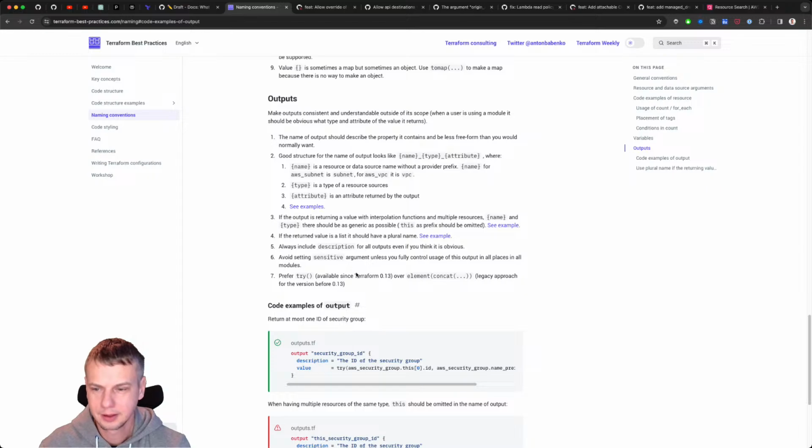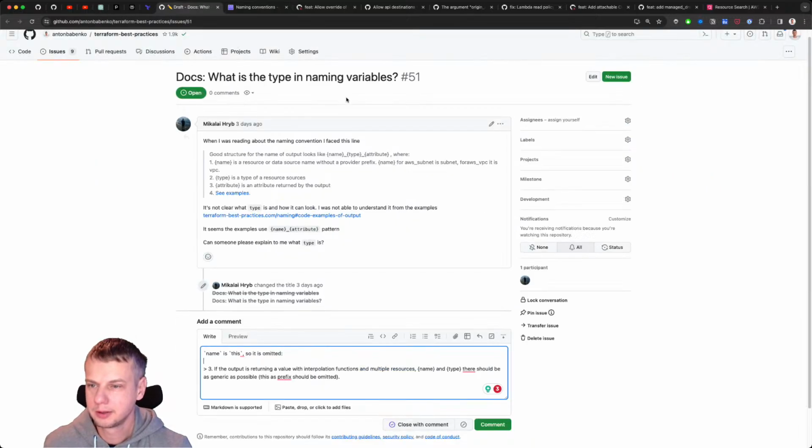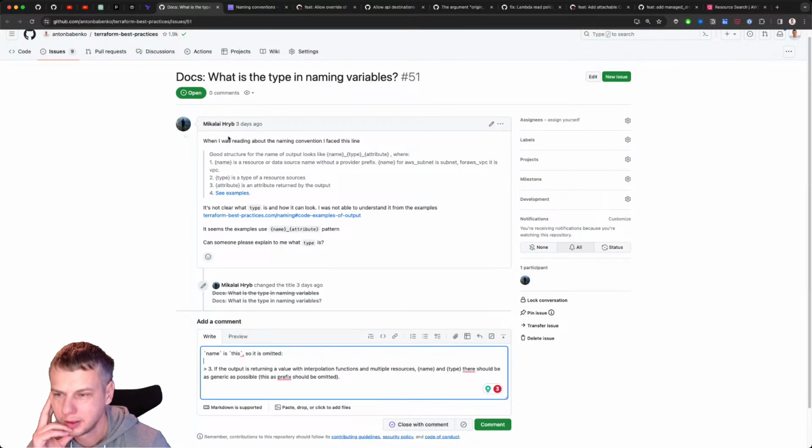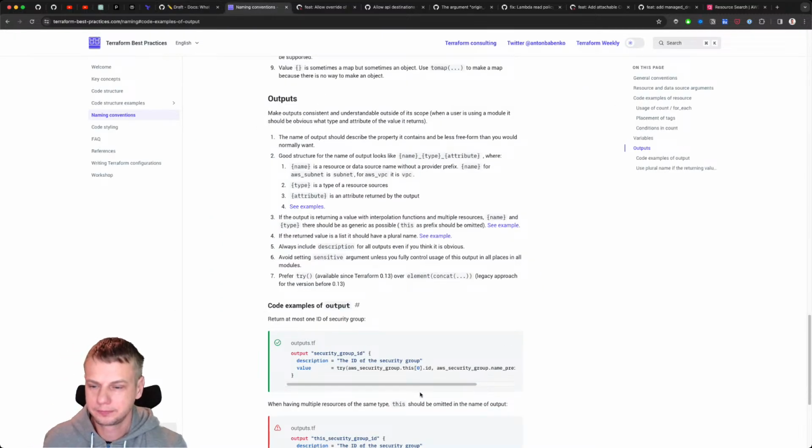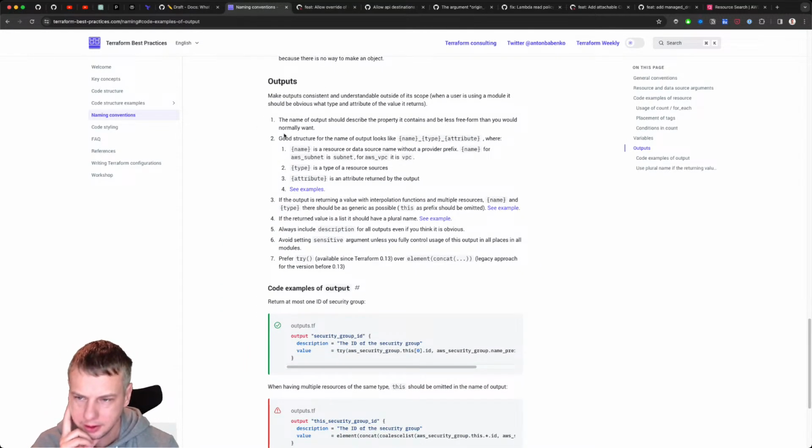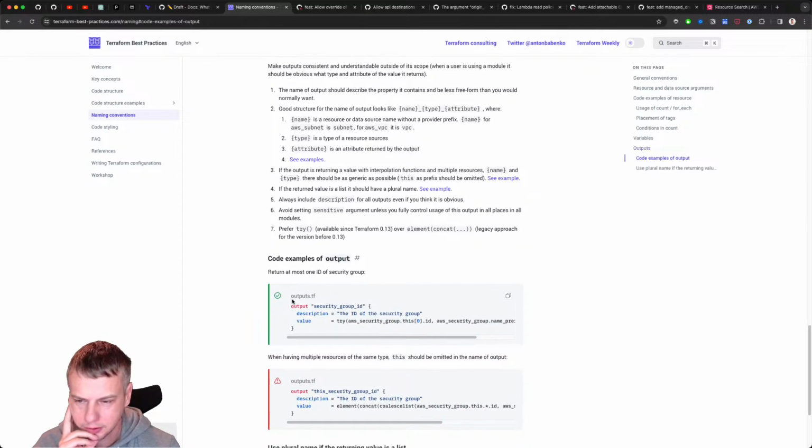Yeah. So his question was, when he was reading about the naming convention, he was not sure about the name of the output. So as you can see, the name of the output should be like this: security group ID. And how is this composed?